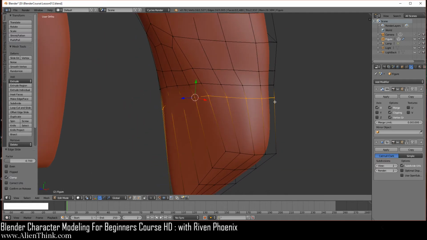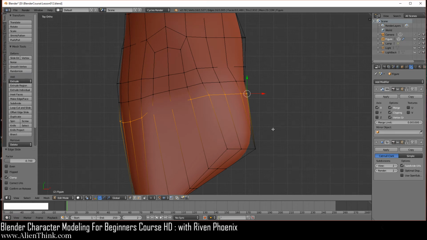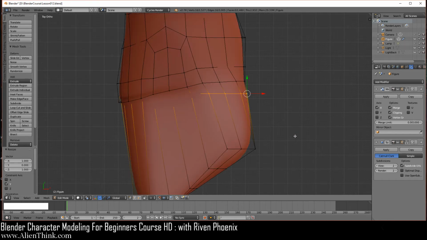And what you're going to do is you're going to shift key down, deselect this vertex, and then select this vertex. You'll see that this vertex is now the active element because it's white. We're going to go to the top view over here. Now I'm going to press the S key to scale and press the Y on the Y axis and press 0. Left click to confirm. Now if you press Z, you can see that it's now completely straight. And I'm going to do Z to come back. Now I can simply press the R key to rotate and rotate this on the active element. Just do 1, 2, and then 3.